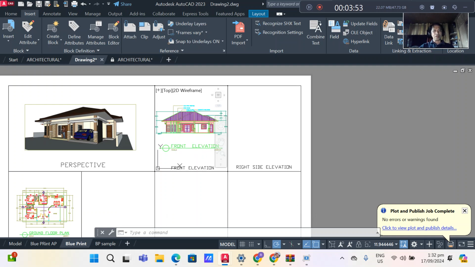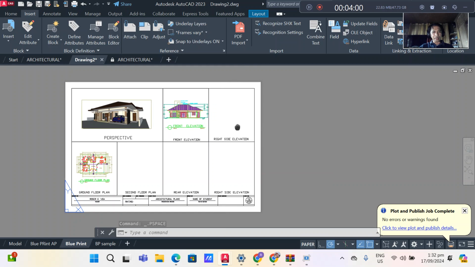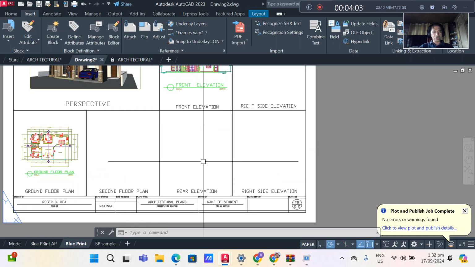Then double click outside, and then down here, you're going to insert the rear elevation.